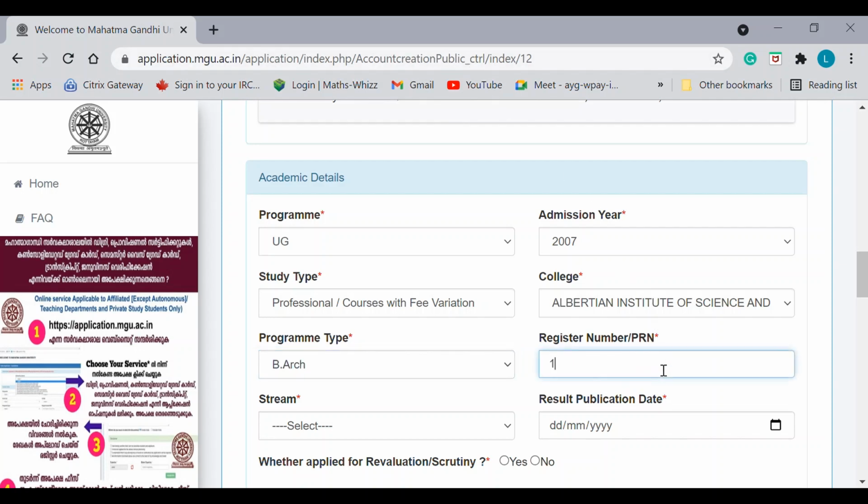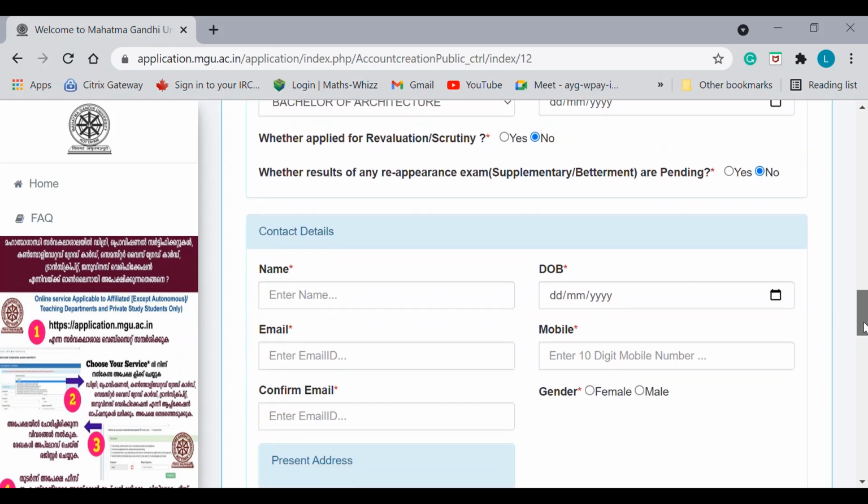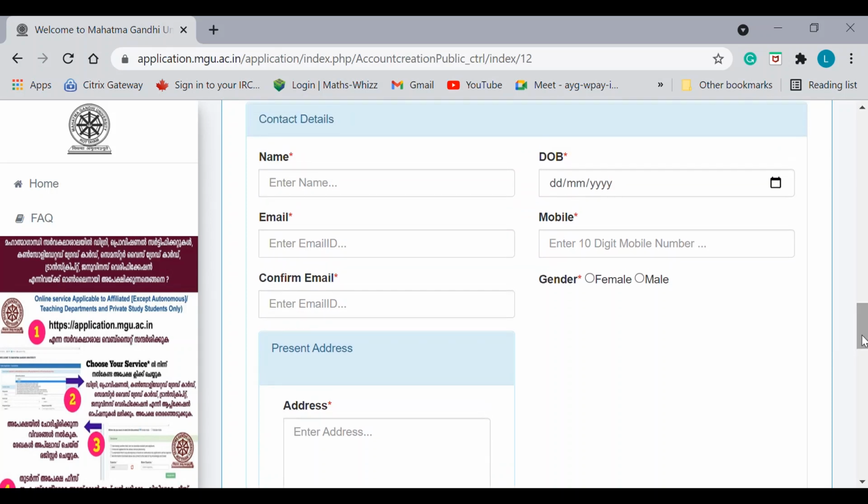Enter your number, stream, result publication date, whether you applied for reevaluation or scrutiny, if applicable yes, otherwise no, and whether results of any reappearance exam, supplementary, or improvement are pending, possibly no. Then you have to fill in all these details: name, date of birth, email ID, mobile number. Give a proper mobile number here, because you will get an OTP after filling this. Then you will be proceeding to the next